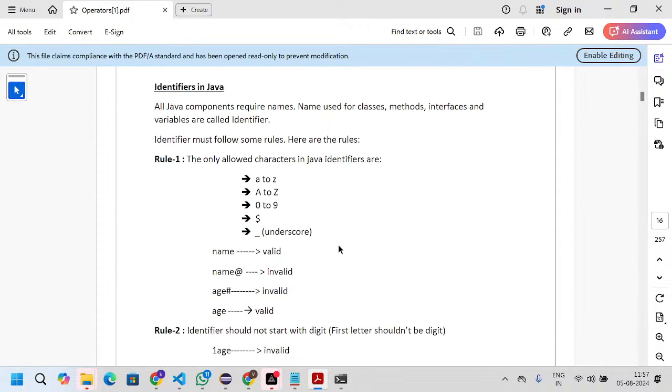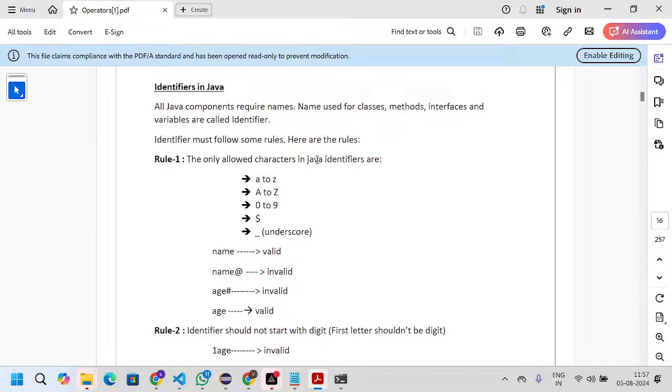And then next we have identifiers. All Java components require names. Names used for classes, methods, interfaces and variables are called identifiers. Identifiers must follow some rules.